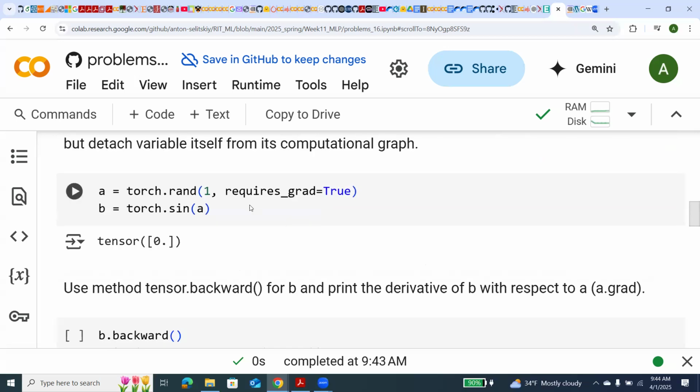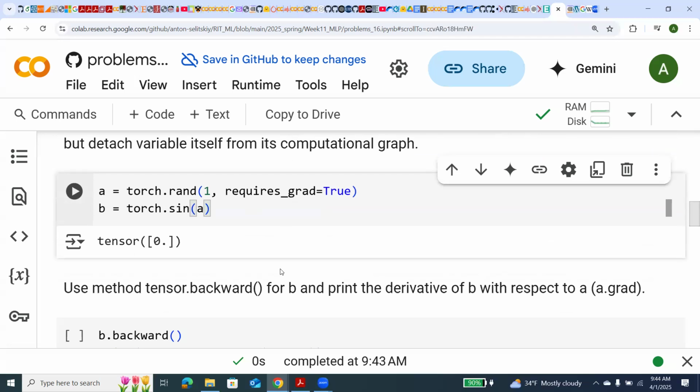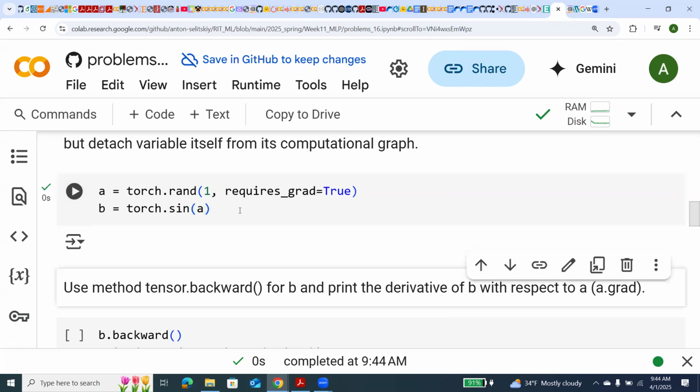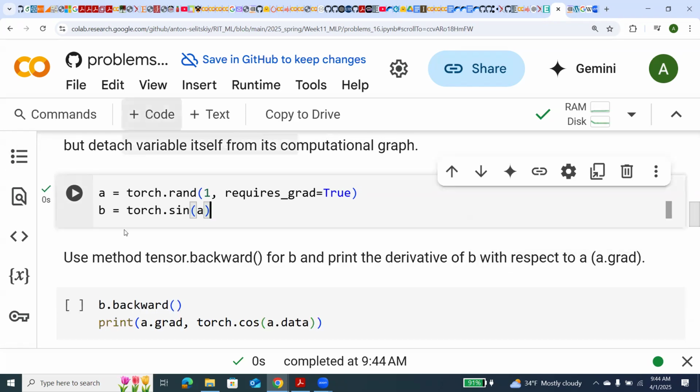Okay. And the most useful thing for us is that we can also differentiate our variables. So if I create a variable with this additional parameter requires grad equals true, then